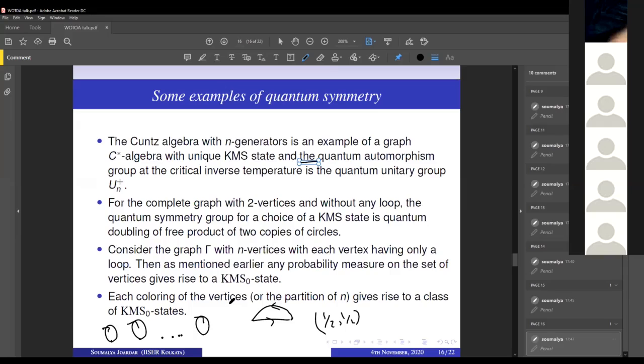Then it has infinitely many KMS states at the critical inverse temperature 0, and each coloring of the vertices gives rise to a class of KMS 0 states. So you can think of the probability simplex on the set of vertices. Each coloring will give rise to a class of KMS 0 states. So what we have proved,